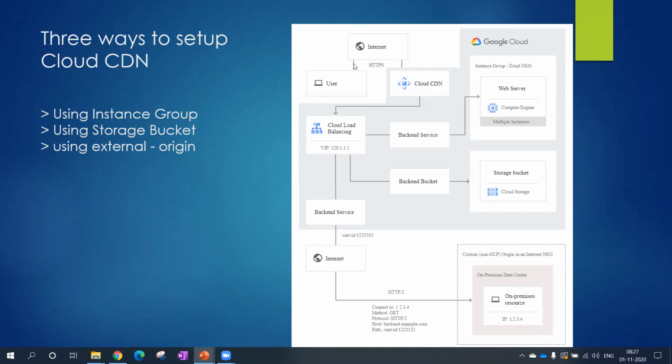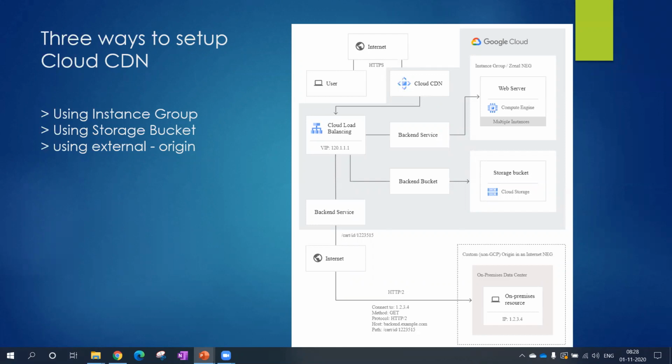When a new customer comes and accesses the same data, the CDN will handle that. The CDN will not come back to your load balancer. From over here only, the data is accessed and served to the customer. So it saves network latency, which I told you earlier.